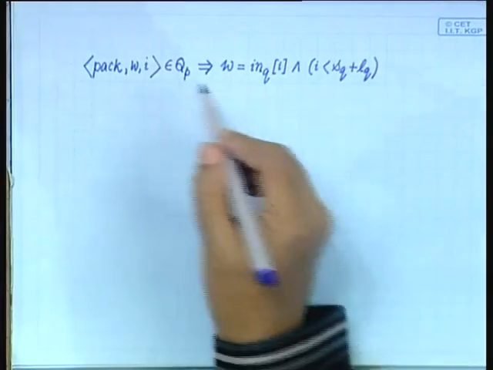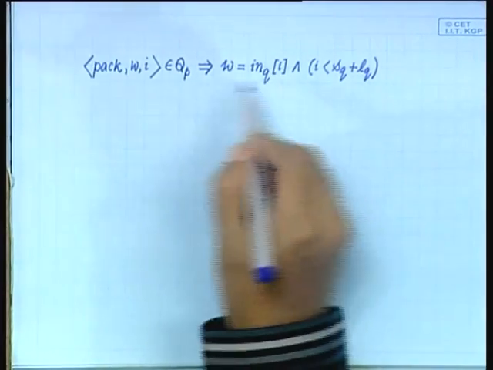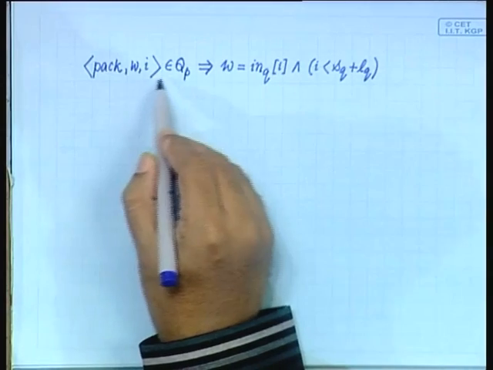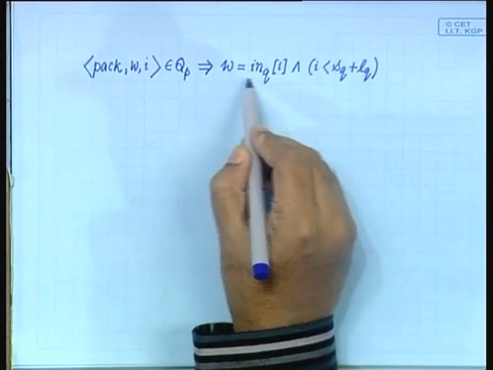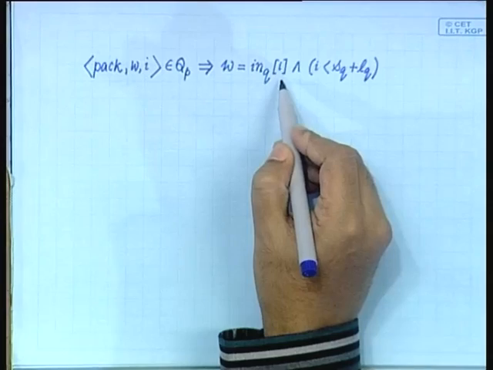Now, this part, that if pack Wi belongs to QP then W equal to in QI,